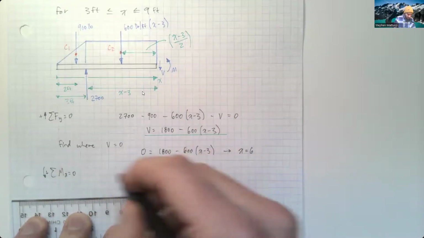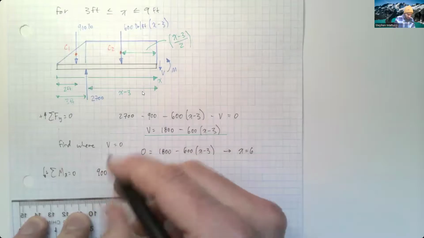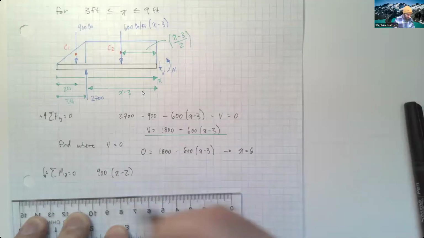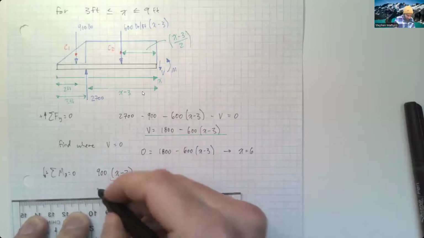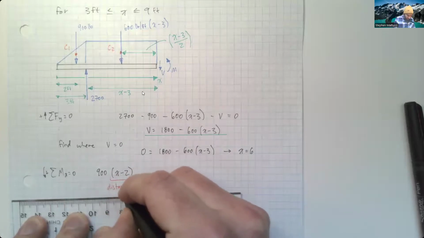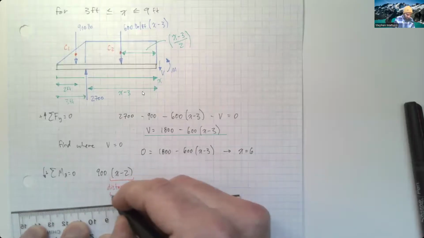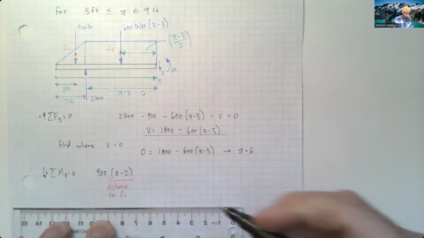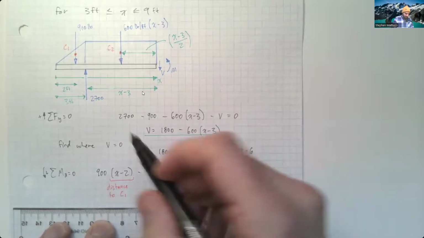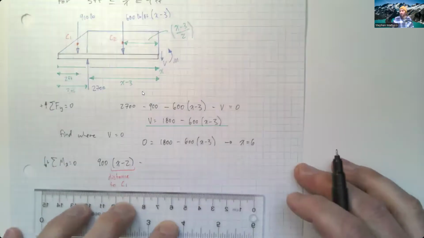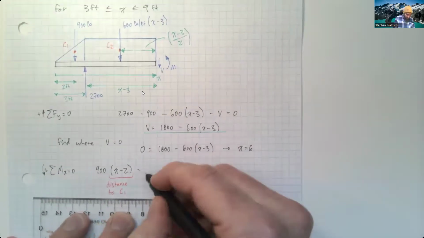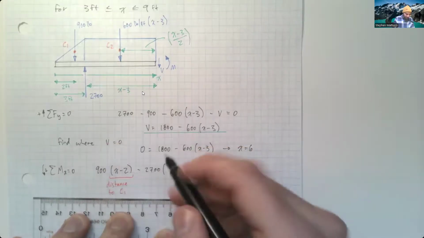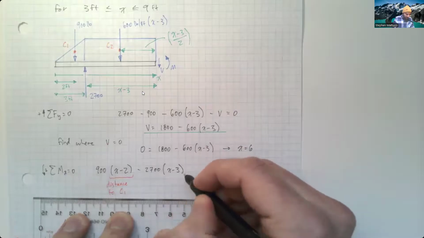So we have 900 times x minus 2. I just want to clarify what this is. This is the distance to the centroid, minus 2,700 pounds times the distance that's acting, x minus 3,